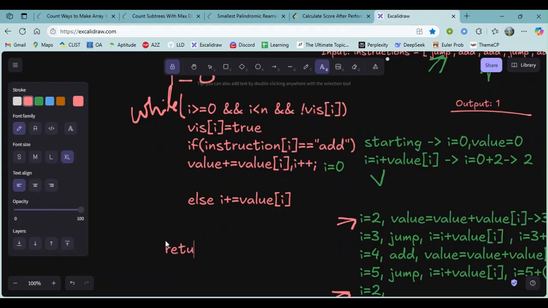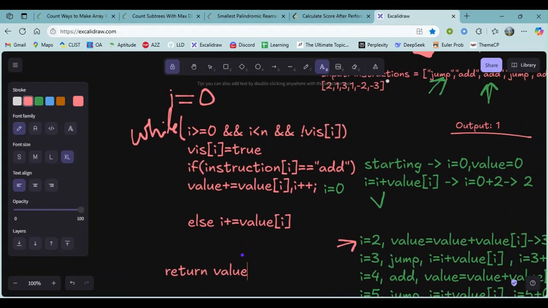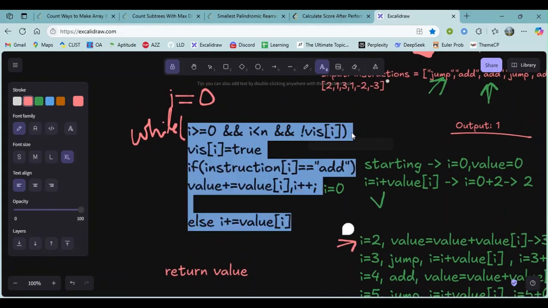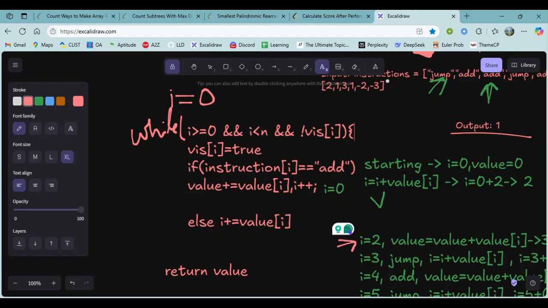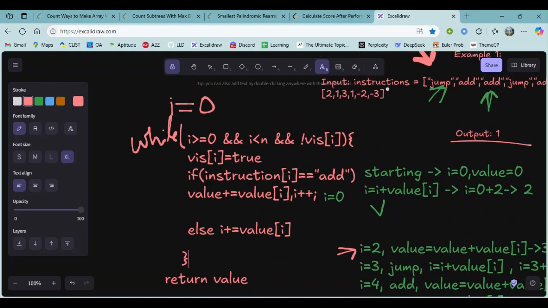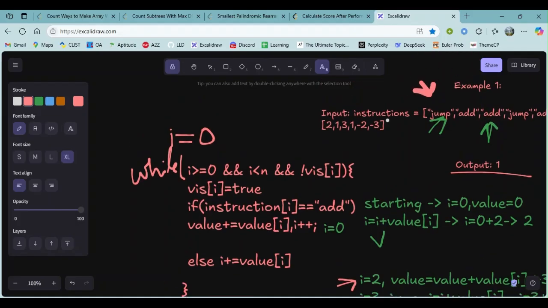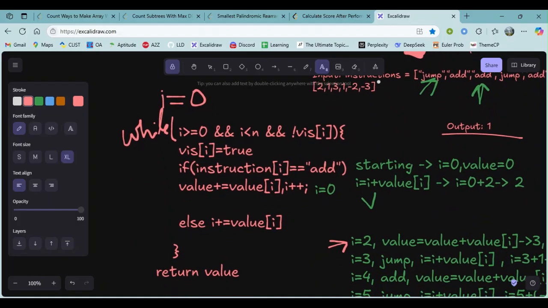So after that, we have to just return the value after this whole while loop traversal. This is our pseudocode. I hope you understand this.